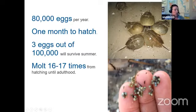And here's a picture of one female. You can just barely see her, and she has 5 males attached to her. And this is very common. We actually will frequently see 4 to 5 males for every female. And that's because the males will come up